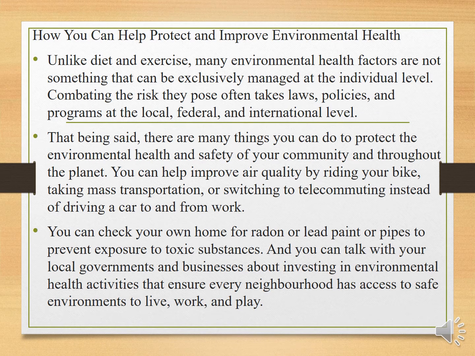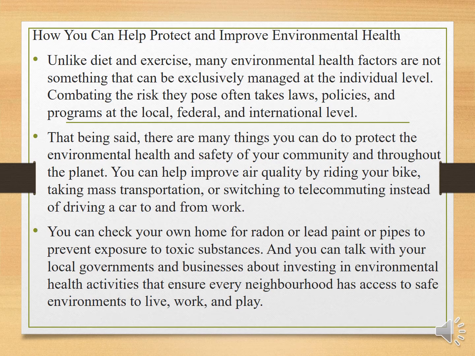How you can help protect and improve environmental health. Unlike diet and exercise, many environmental health factors are not something that can be exclusively managed at the individual level. Combating the risks they pose often takes laws, policies, and programs at the local, federal, and international level. That being said, there are many things you can do to protect the environmental health and safety of your community